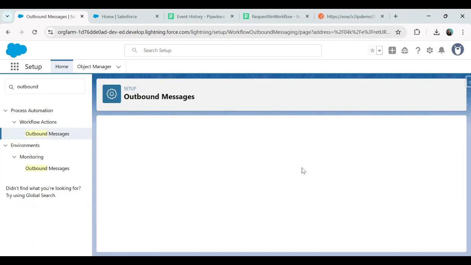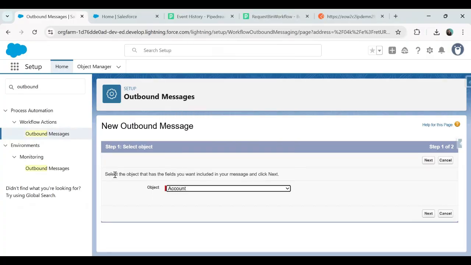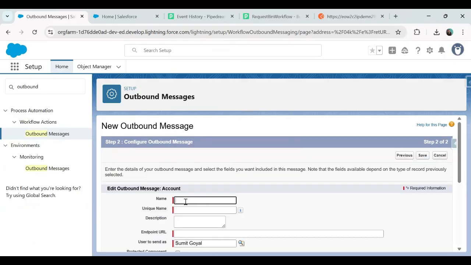So, new outbound message. And for which object? For the account object. Here you have to select the object that has the field you want to include in your message, and click next. Here I write test outbound